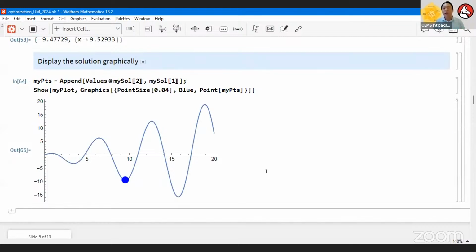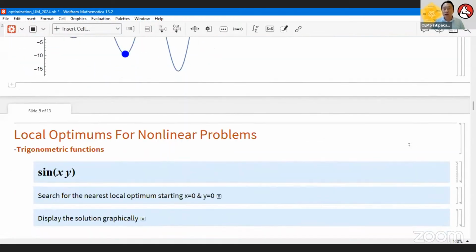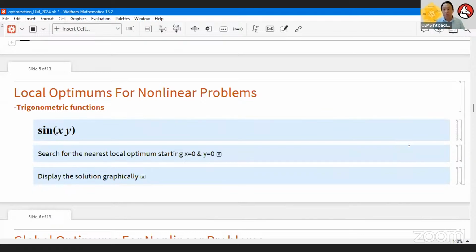In Wolfram language, one of the very commonly used syntaxes is called Show. You can show and superimpose multiple different graphics as long as they share the same space and time. In layman's terms, that means they share the same coordinates. Then you can superimpose multiple graphics like this very nicely. Then you are able to deploy it, to share or print the result, or to transfer the result to something that the user can manipulate.